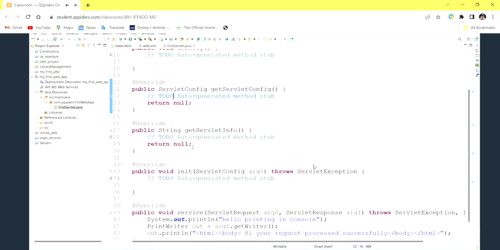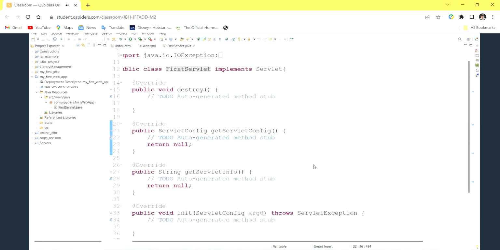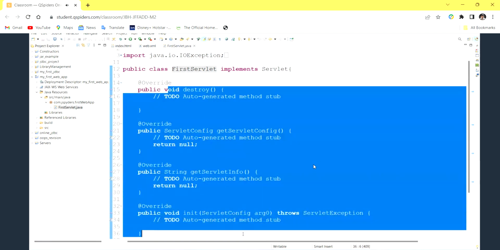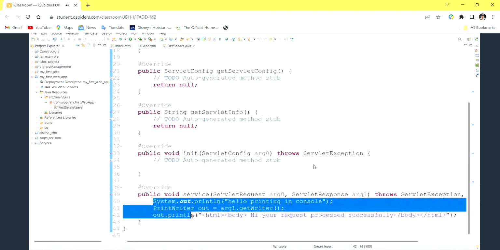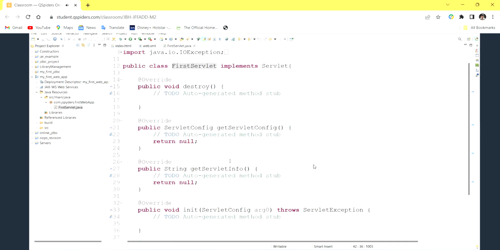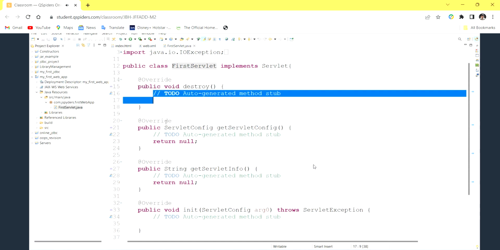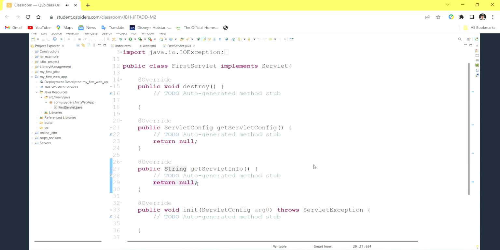So we have done something here, right? We created something, first servlet, which is implementing the servlet interface, and some methods are there: 1, 2, 3, 4, 5. And in that also we have written only the service method, the logic, and we didn't write anything inside the others. What we have to write inside these, and why we are having these methods, we will discuss today. And also we have something called